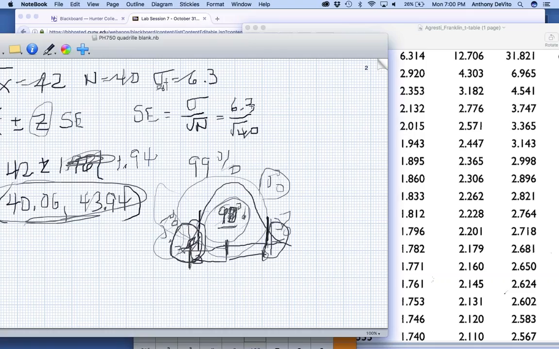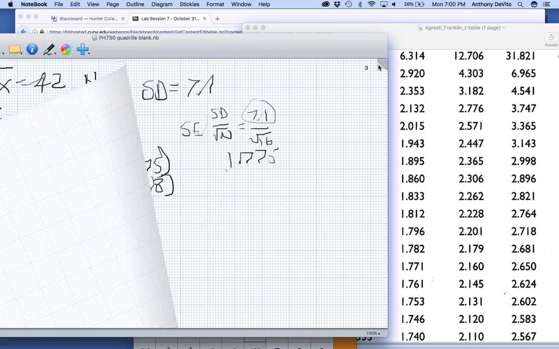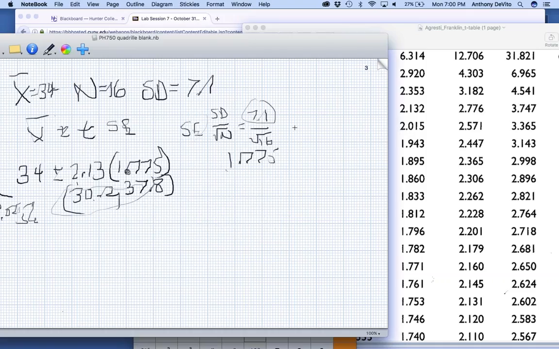It wasn't twice as much. It was only about maybe 15% different, right? So not being able to use the z-distribution, working with a small sample, reduced our certainty about where the middle of this is, right? So that's one of the reasons why a big sample is good, because it increases your level of certainty, okay, and reduces the